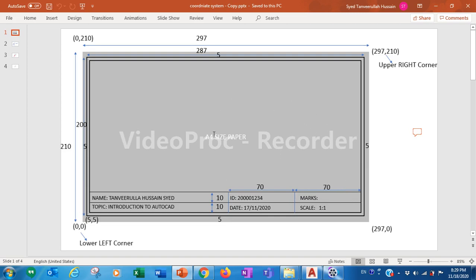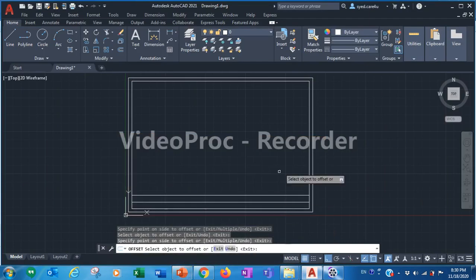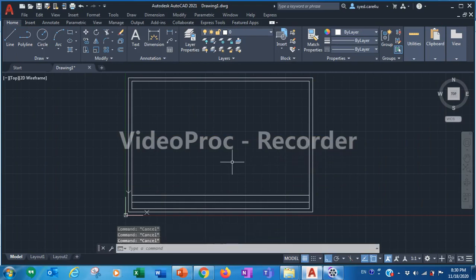Then I will remove these two parts to get these two vertical lines at a distance of 70 and 70. Now I need to select this line. So press escape, escape, escape to come out of all the commands.